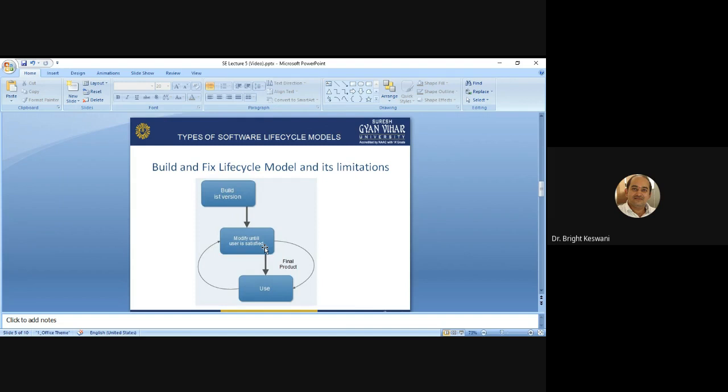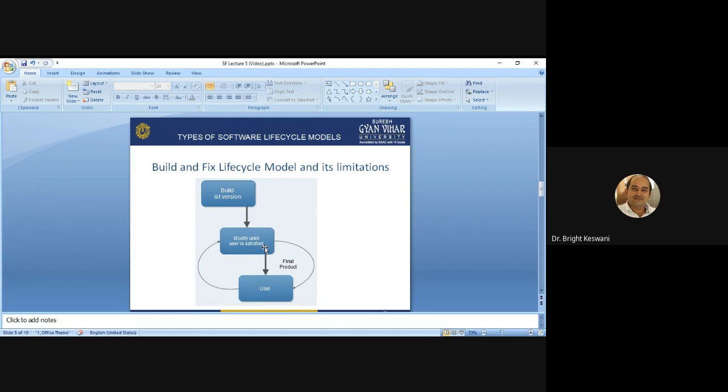The third limitation is related to maintenance. Maintenance of a software product is extremely difficult in the absence of a specification or design document, because this model does not provide a specification or design document. The next limitation is that the chances of a regression fault occurring are considerably high. So the chances of fault are considerably high in the adoption of this model. It is a very big limitation of this model.